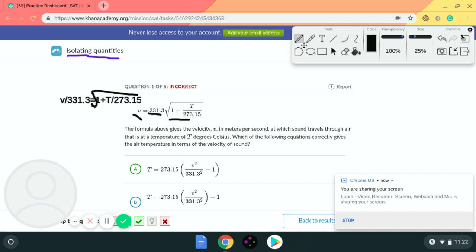The next thing that we are going to want to do is square this, to get rid of the radical. So we are going to square u, and we are going to square u as well. And in doing so, we get